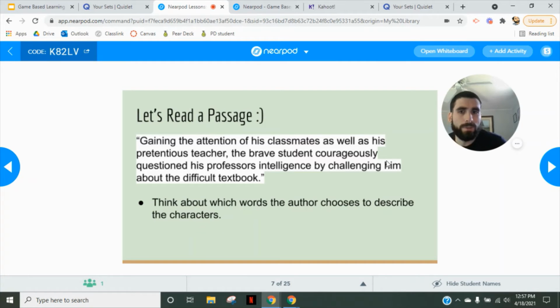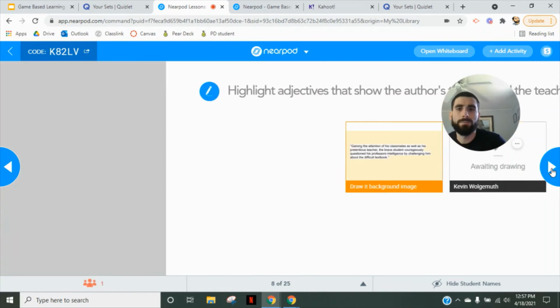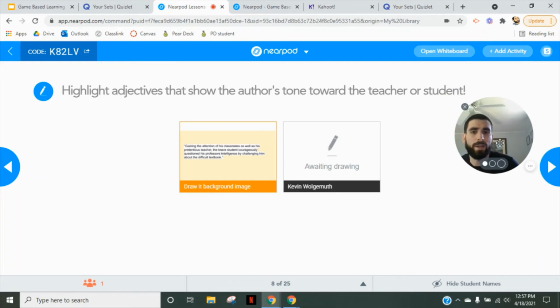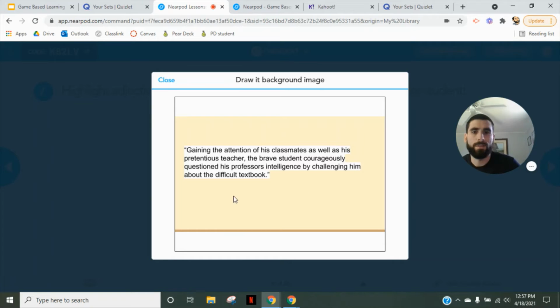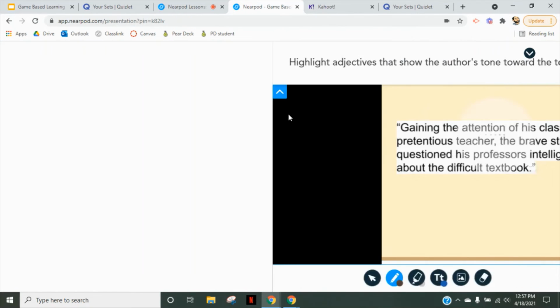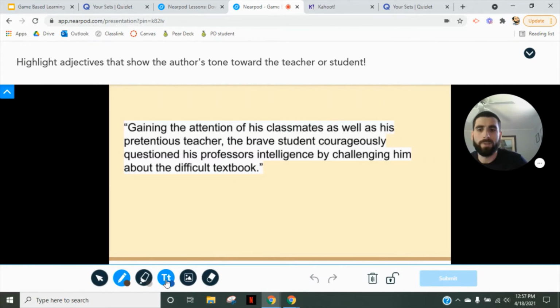Okay, so they read a passage, and then I have another interactive activity where they actually draw on this. They highlight any imagery or any words that the author uses to develop his attitude towards this teacher or this student, and this is what the students see then. They have these tools, and then they can highlight or underline any important words there, and then they just hit